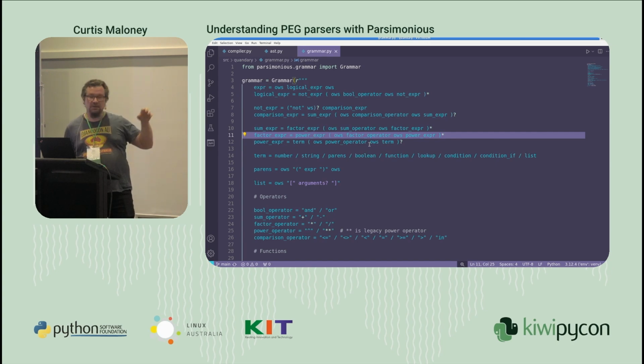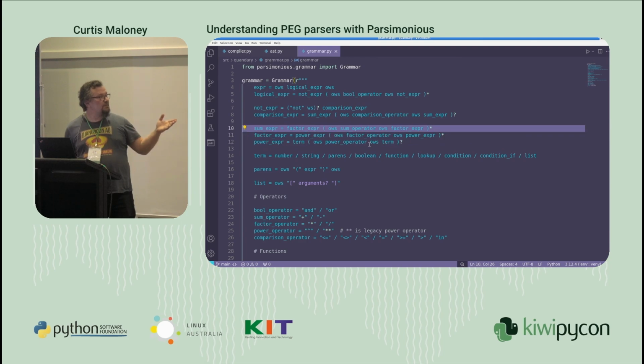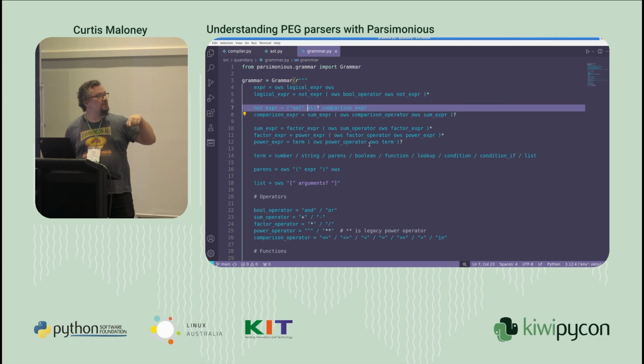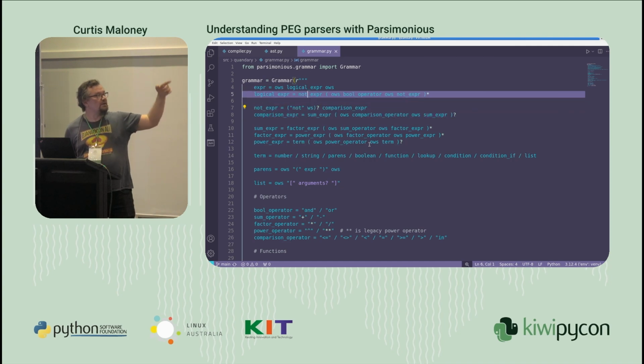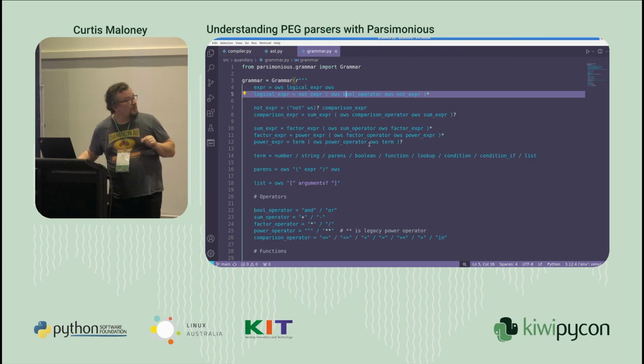Now that might be something raised to a power, or it might simply be something with no power appended because that's optional. And then a sum expression has to derive from a factor expression, and then a comparison expression has to derive from a sum expression, and then an inversion, again, and a logical expression is either a not expression, and then maybe a Boolean operator, and then